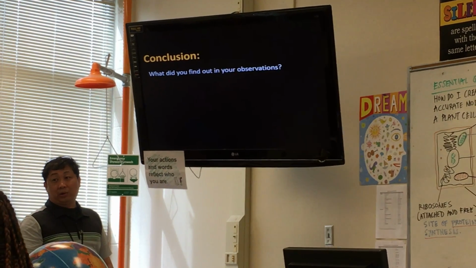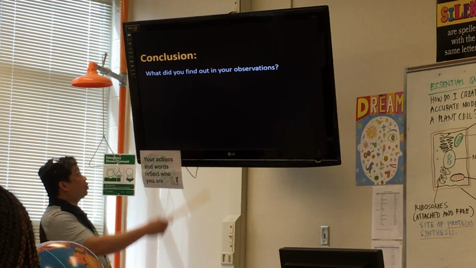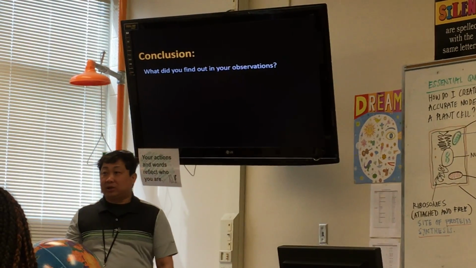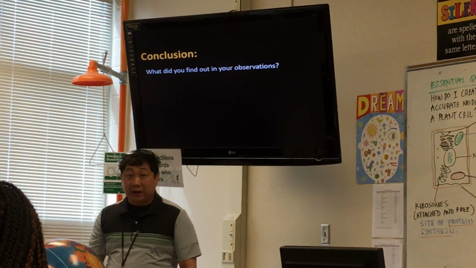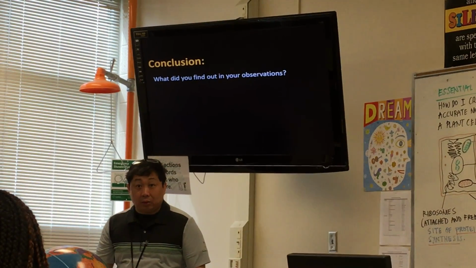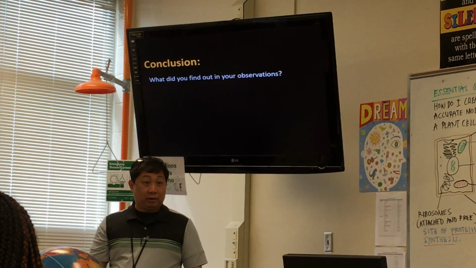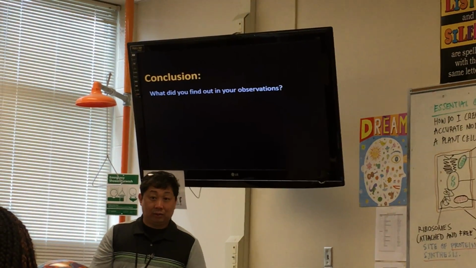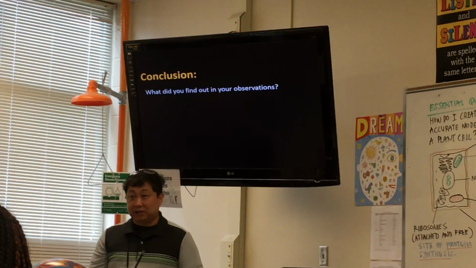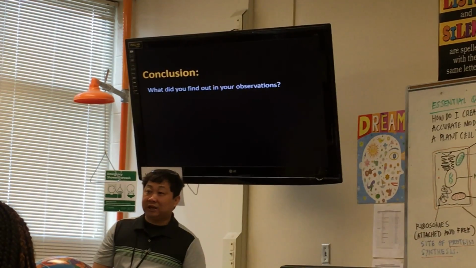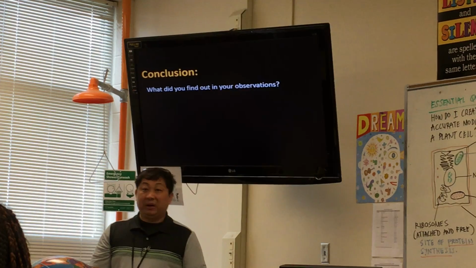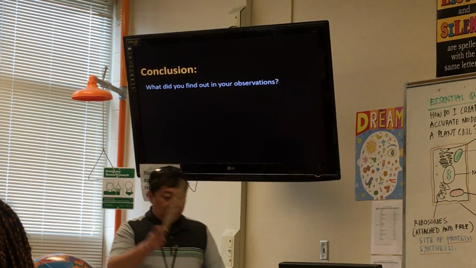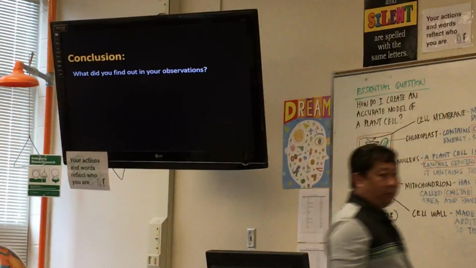So once you compare all of this and you determine the ranking, then that's the time for you to write down your conclusion. Your conclusion should state, what did you find out about your observations? Was your hypothesis correct? If not, why is it not correct? If it is correct, just say, my hypothesis was right. If it is not, then you just have to say, no, my hypothesis was not correct because, then you state it up. So we'll go to that side there and I will be